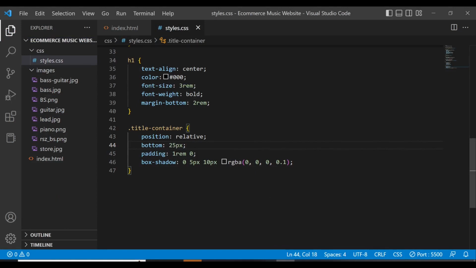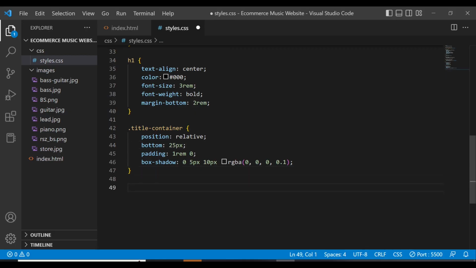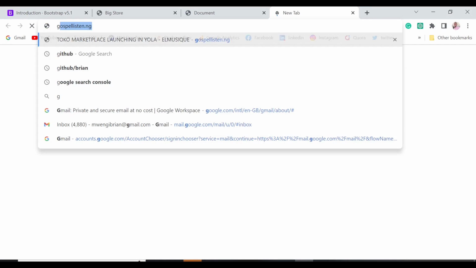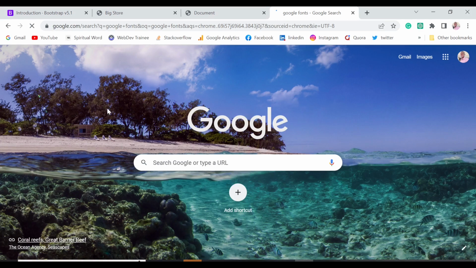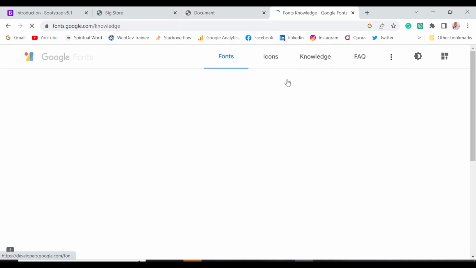Okay, so as you can see there's a font, so let's access this font. Now for you to access this font, you need to look for this font. I have it somewhere. Now that font, you can get on Google Fonts. So going to Google Fonts, you'll get the font that I'm using here. So basically, the font that I'm using here is under here. It is called